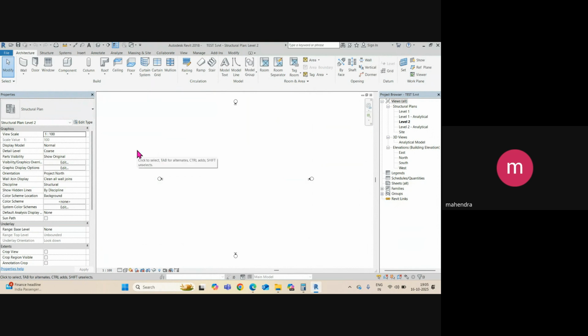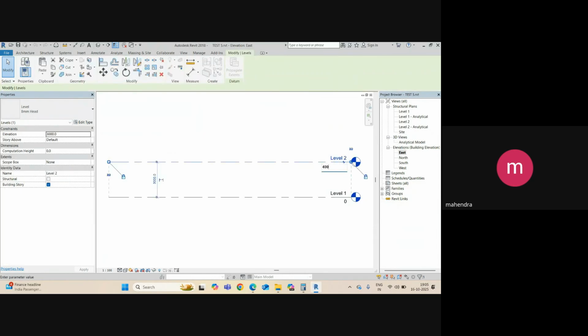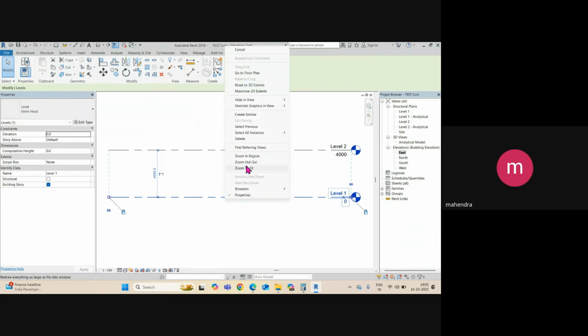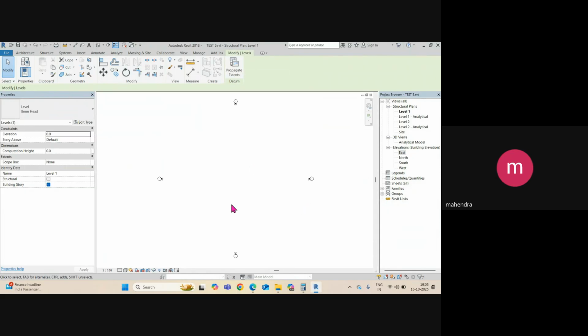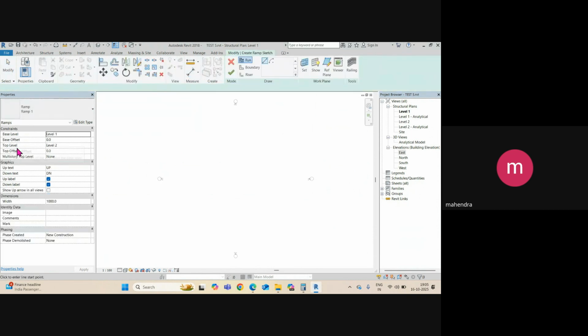So today we are going to see, in the architectural tab, one option, the ramp option, is remaining here. So we need to just start. Okay, so for example, you already have a level here. Suppose this level is 4 meter. And I want to add a ramp here. So if you go to level 1, this is my level 1, and if I click here architectural and click here ramp,